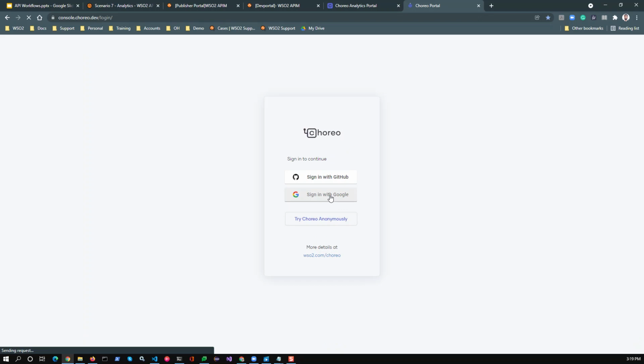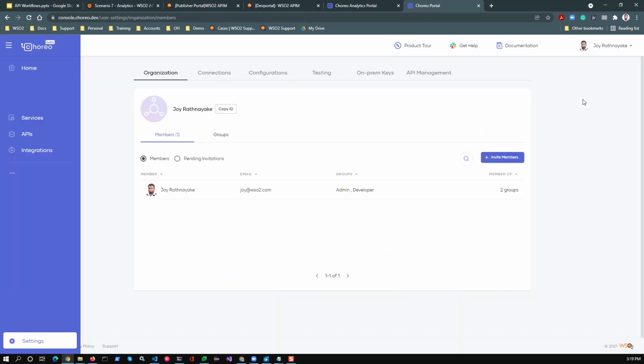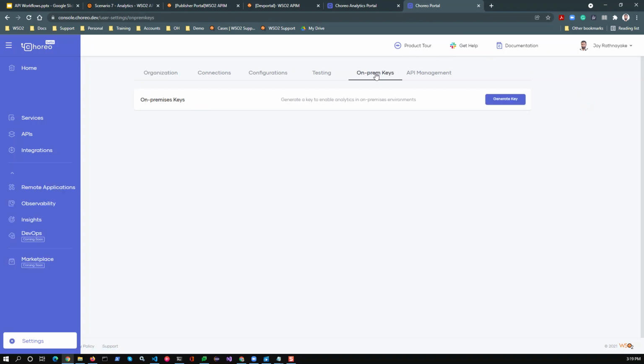You can log in with your existing account. If you don't have an account, you can always request access to Choreo platform, which is in public beta as we speak. So you can go to Choreo portal and you can go to settings, and here you have an option called on-premise keys.